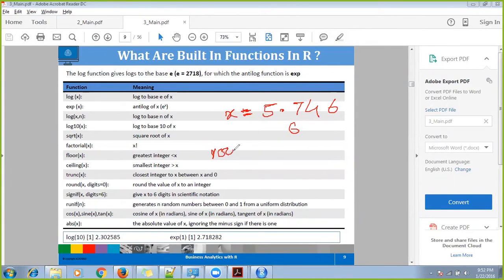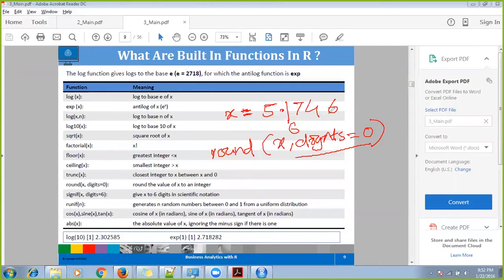What you need to write is round of x, and you say digits equal to 0. When you say digits equal to 0, it will try to round off the whole thing. First it will look at 6.